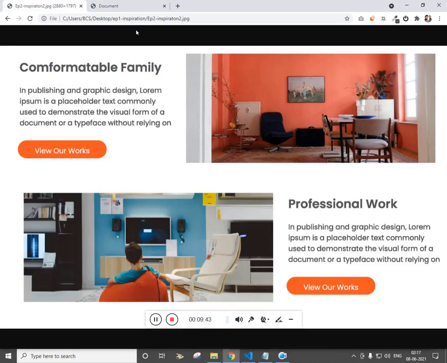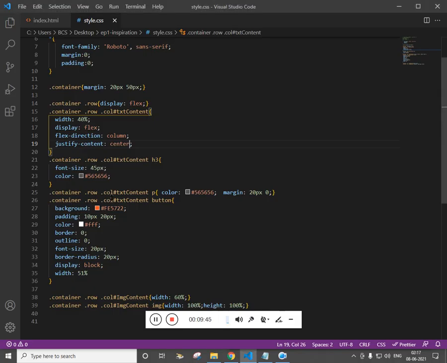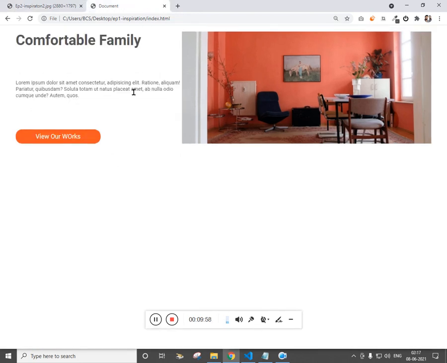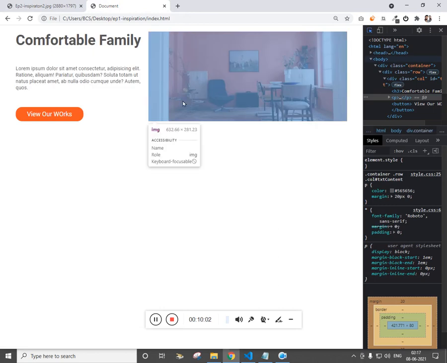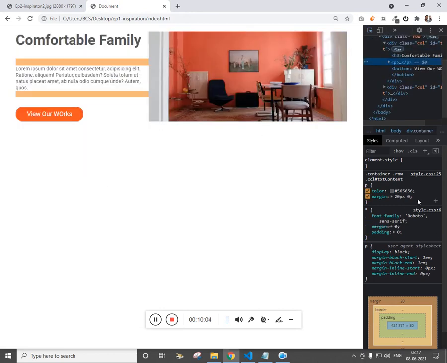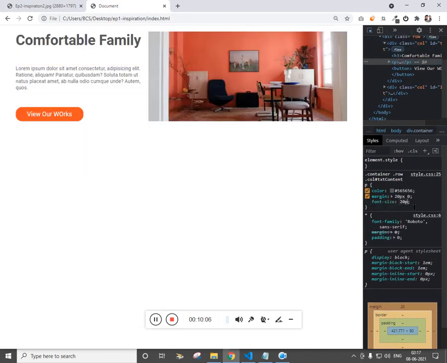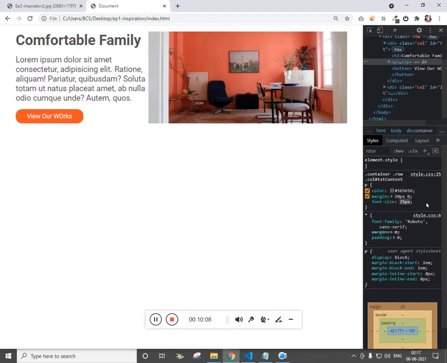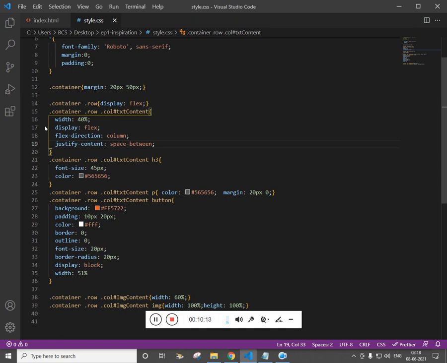I think vertical align, justify content space between. Now we need to increase the font size for this. Let's copy this and paste this for the paragraph.